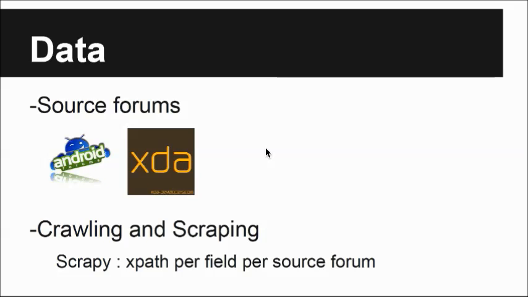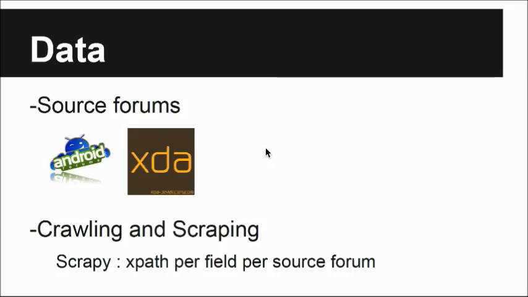So we were looking for a scalable scraping tool which could extract the data we were looking for. Our ultimate choice was Scrapy. We wanted to represent the posts and threads data in a normalized way so that indexing can work on some common data representation. Also, we could scale the project for different source forums, which is just a matter of defining the extractors for each